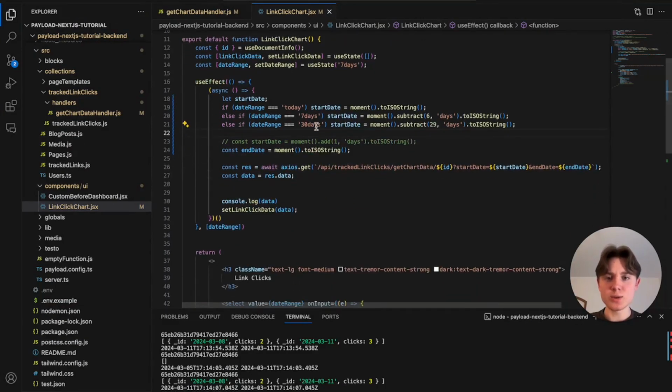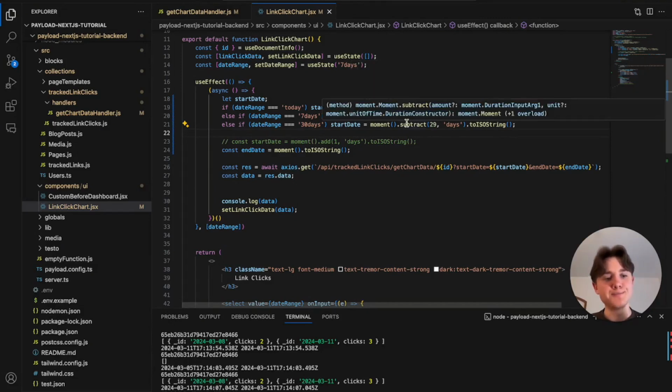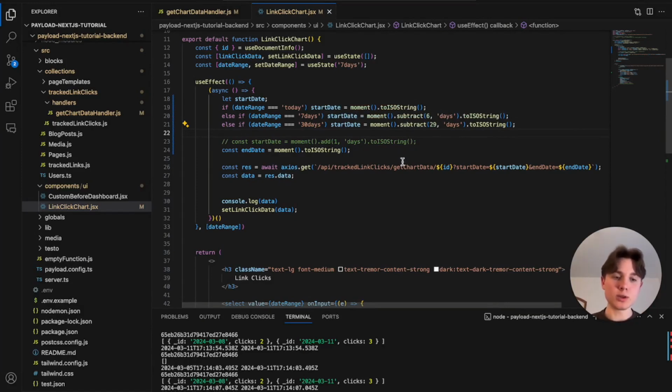So let's do this. Obviously today we would just need to get rid of our exact time and then calculate the end of our current day and the start of our current day. And that would give us this query, but it's actually easier, let's call it 24 hours, to